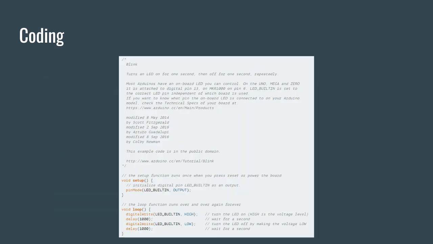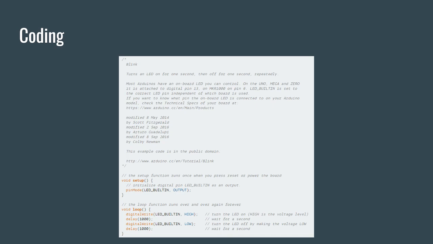You can use this example right here for the more generic coding style type thing. So we have up here, it tells us that we're going to be turning on an LED for 1 second, then turning it off for 1 second. And the first thing we see here is our void setup, and it tells us that the built-in LED is going to be an output. We then go down to the loop, which says that it's going to be turning the LED pin, the LED built-in, on high,